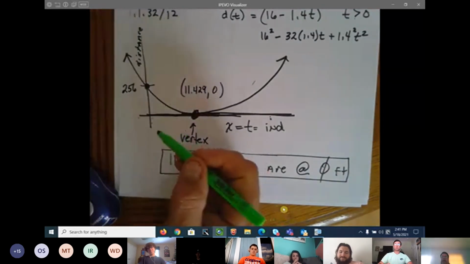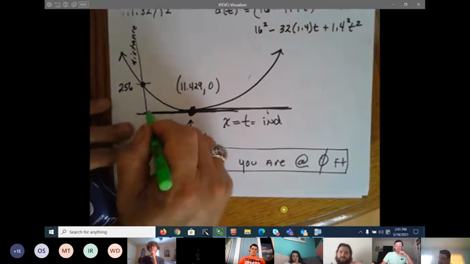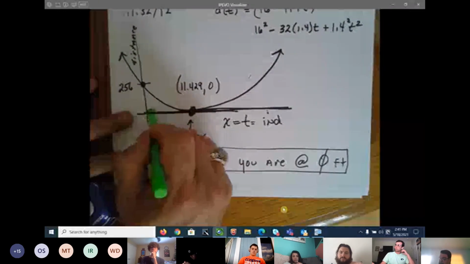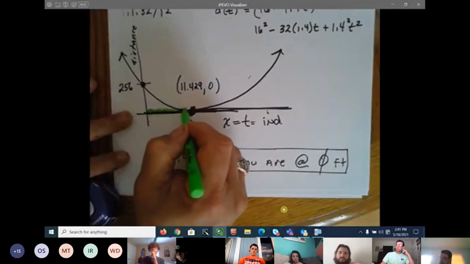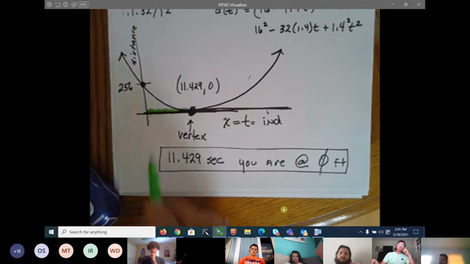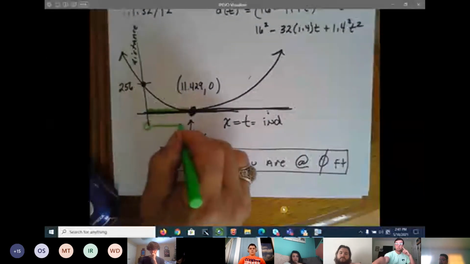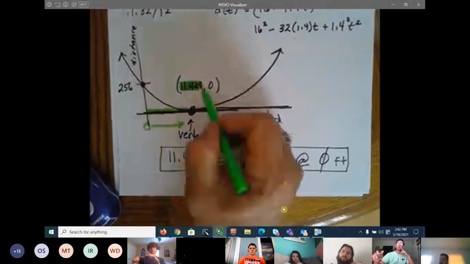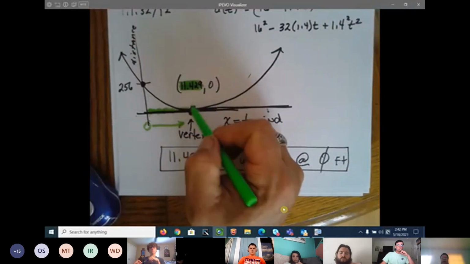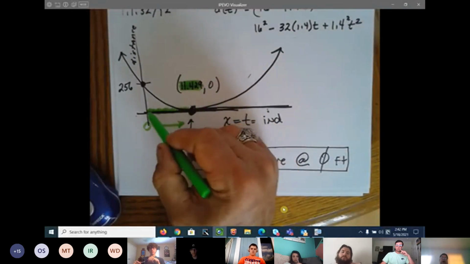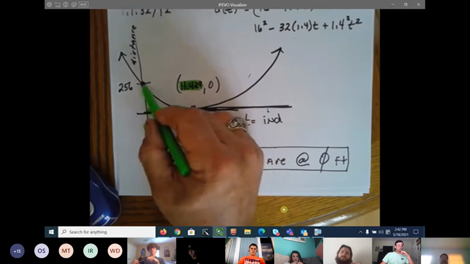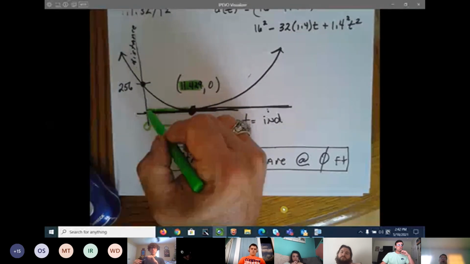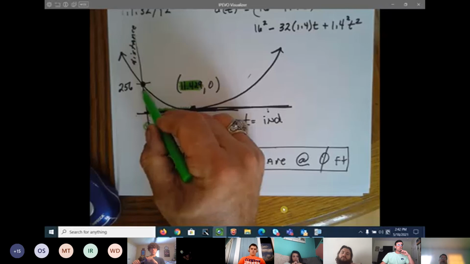So the only thing that shows drainage as far as the X goes is from 0 to what? 11.4. And that 11.4 represents the height from